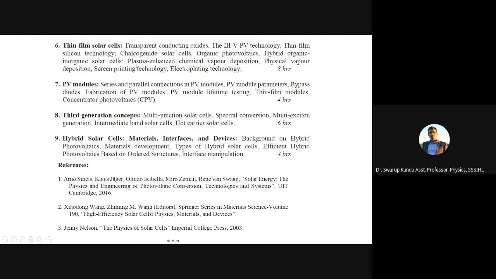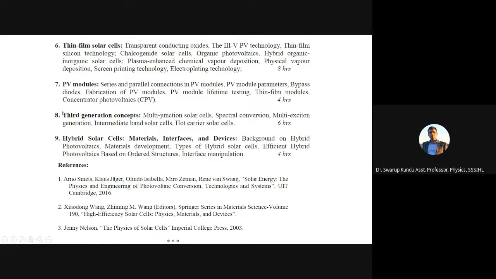So we'll understand the different types of thin film solar cells, how we are developing them, and what the advantages and disadvantages are compared to the crystalline silicon solar cell. And then the PV module. At the end, we cannot use a single solar cell, as we already know. So how do you make the PV modules, and then how do we make a full solar plant, how do they work, and all. We'll